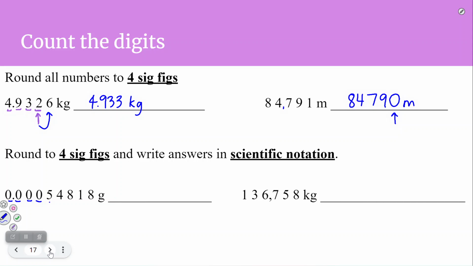So this is 1, 2, 3, 4. So I want to round to this place value. The neighbor is an 8. So that means that I'm going to round this 1 to a 2. So keeping with the original intent of the place value, let me go ahead and write this out, and then I'll change that number into scientific notation. So 5, 4, 8, 2 grams. Okay, so now let's change this into